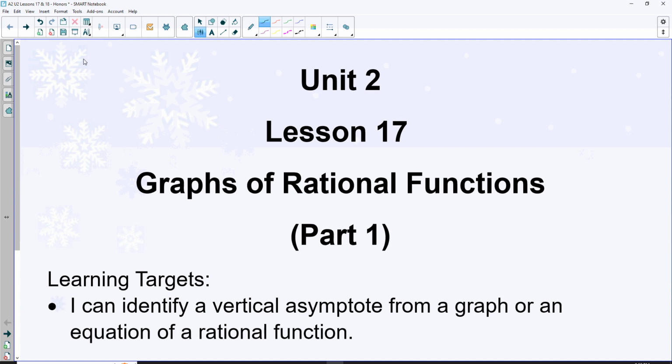This is lesson 17 of Unit 2 on polynomials. You'll notice that there's no lesson 16 video. That is on purpose. With this video, we're going to start a series of 6 lessons based on the